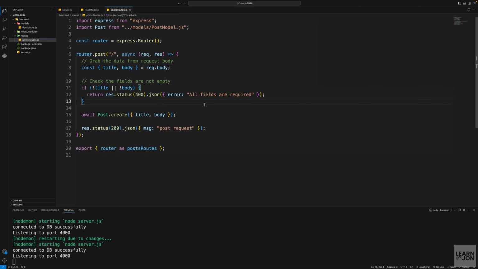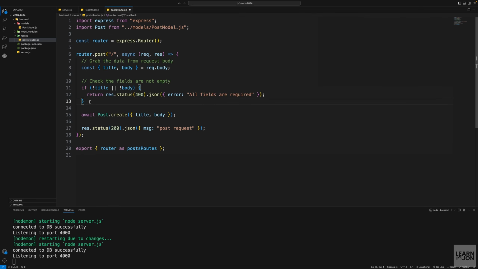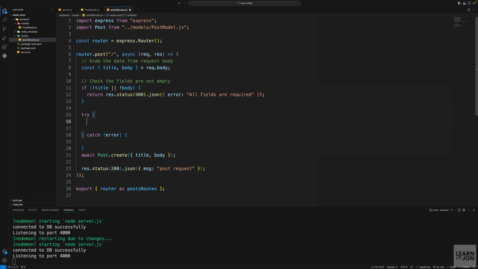So let's save this one, go to Postman and delete this post 1 as a title. So just an empty string, right? So press send, we get error, all fields are required. So that's our validation. And then if that is okay, then we want to try. So we don't want to just assume everything is going well and write to the database. So we want to try